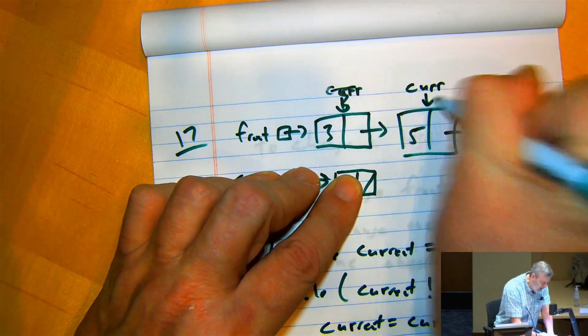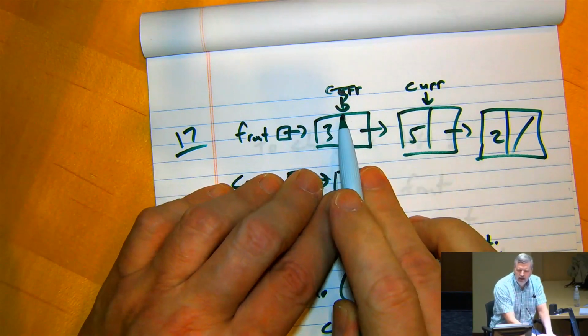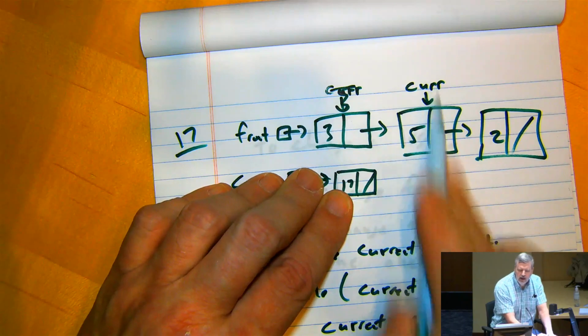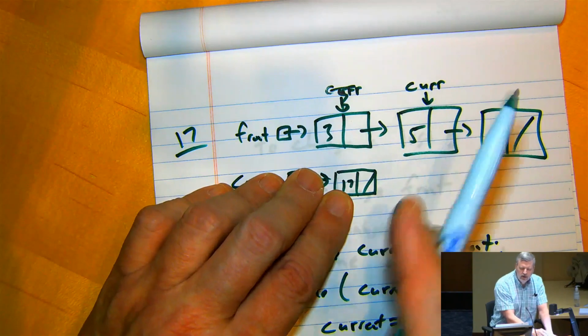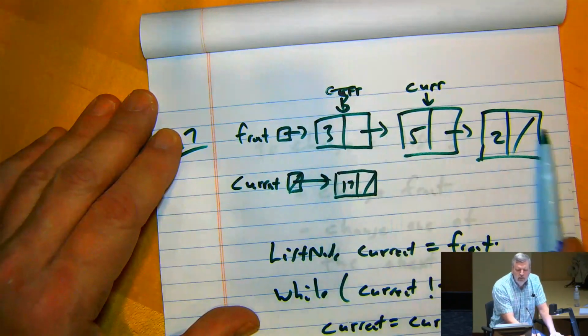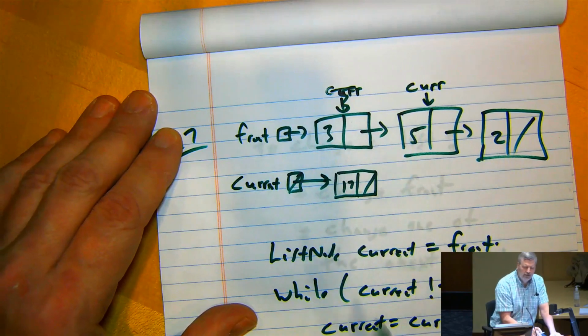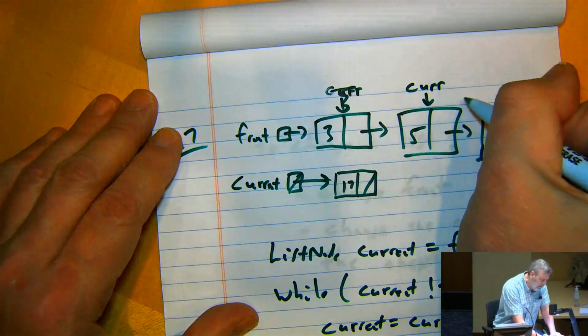I'm abbreviating it as cur instead of current. I hope you'll allow me to do that. So it hops from here to here. So now current is located here. So I actually think of this variable current as physically moving through the list from one to the next, to the next, to the next. So I find that a useful way of thinking about it. And I also